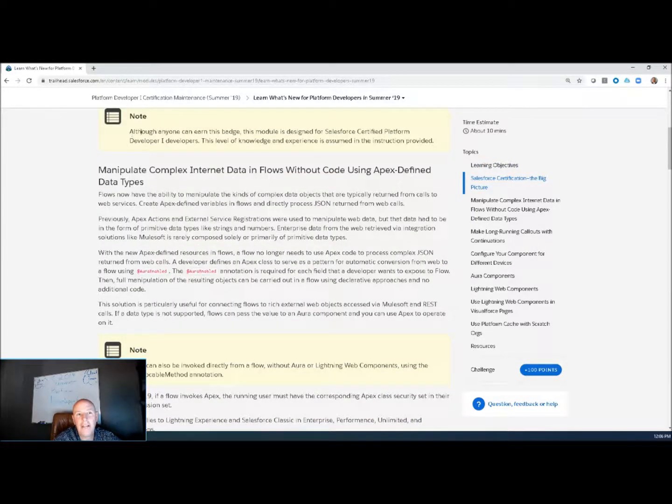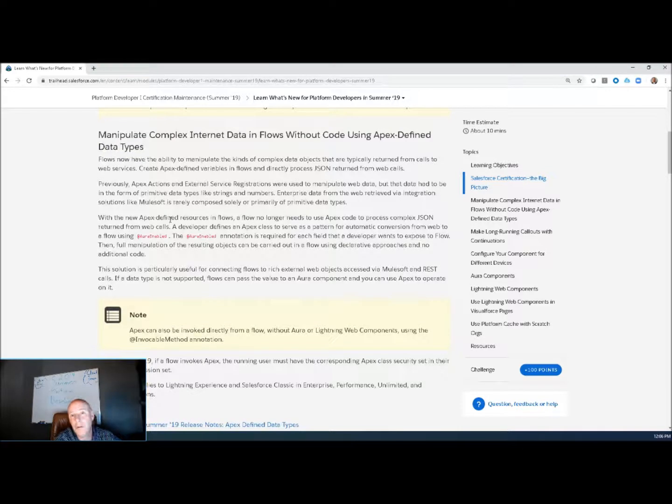And it also says that although anyone can earn this badge, this module is designed for people who have that developer certification, which I do. It's one of the many certifications that I have. But let's go with this top one. Manipulate complex internet data in flows without code using Apex-defined data types. So